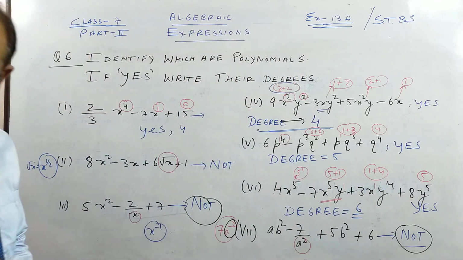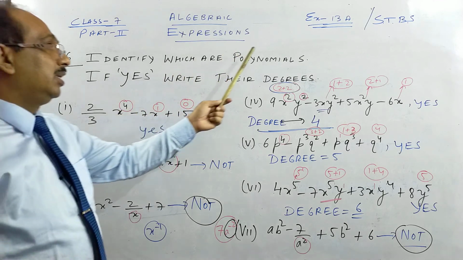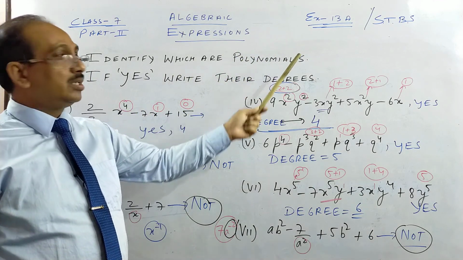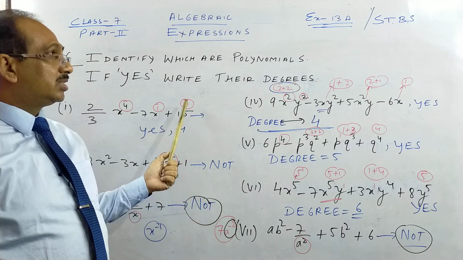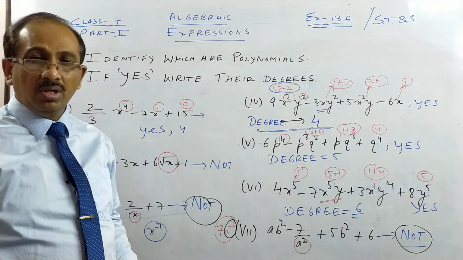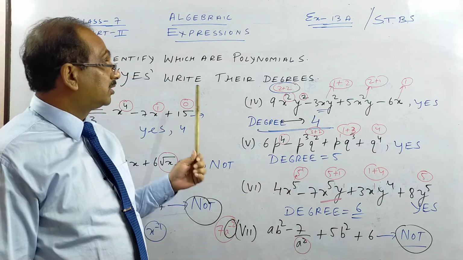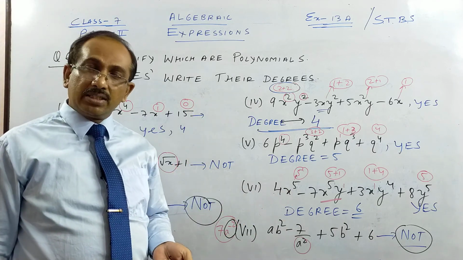So I have explained to you very nicely. You can pause the video, rewind and see and check your answer. So children, we have come to the end of 13A. We have one more exercise, 13B. So this is I think the 5th chapter which I have done half. So 13B maybe 2 more video lessons you will have, or 3 more, where we have addition and subtraction of algebraic expressions.